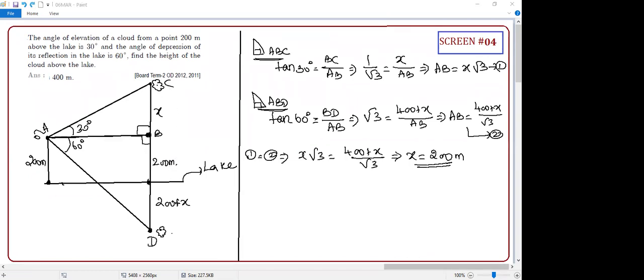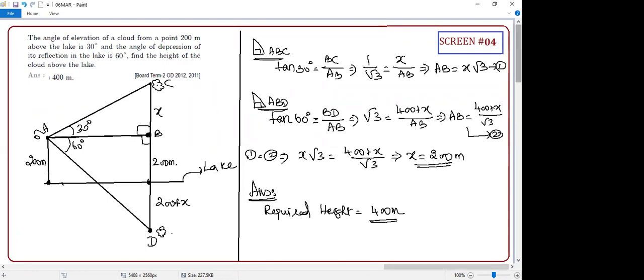Anyone having doubts, student, till now, please ask me. This seems a difficult question. If you are not able to follow it, you may find it difficult later. Okay, ask me your doubts. I am ready to explain. Harishankar, do you have any doubts? No, sir. Simply, you don't want to write all the story. If you want, you can write. Else, simply you can say required height equal to 400 meters. That's all.